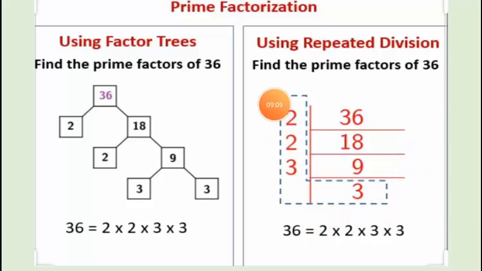So you can see here in this division method we have obtained all the factors in the form of prime numbers. So now to list down the prime factorization for this number 36, we will write all the numbers that are in terms of prime numbers. So we will write it as 2 multiplied with 2 multiplied with 3 multiplied with 3. So children, in any method we will obtain the same prime factorization. So we can use any method to find the prime factorization for any given number.